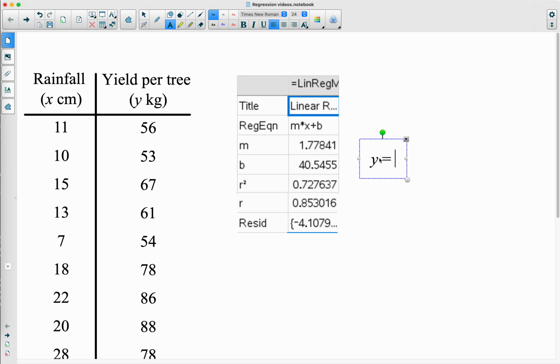y equals 1.78. I'm using 3 sig figs, which is the standard thing on IB exams, although certainly you could choose something different. So 1.78x plus 40.5, and you could do things like interpret this. For every additional centimeter of rainfall, the model predicts 1.78 more kilograms of yield of, I think it's olives, like I said, per tree. This predicts if there is no rain that you get 40.5 kilograms per tree, but that